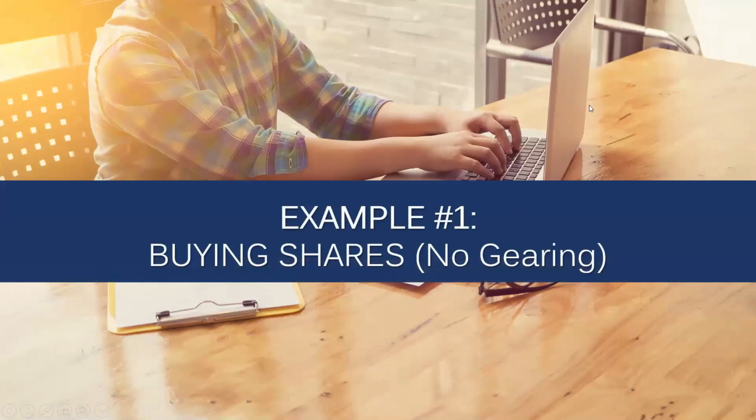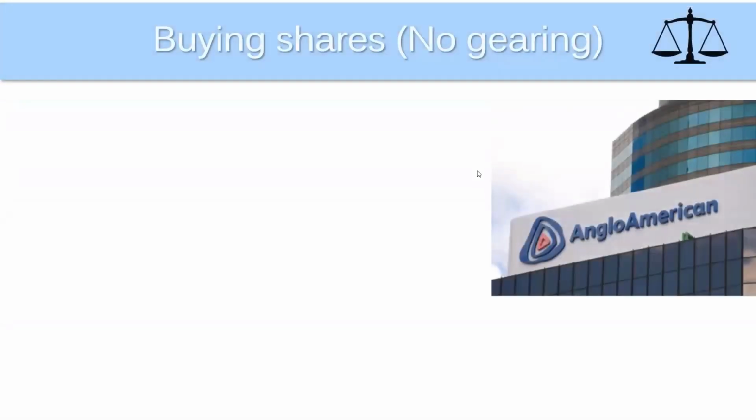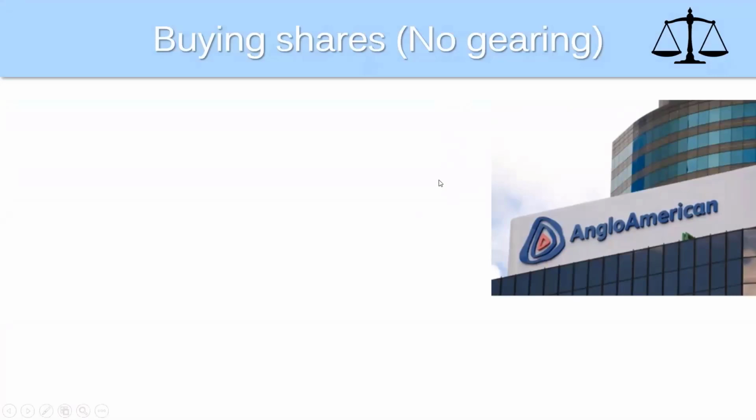Another thing that I haven't really covered exactly are shares versus CFDs. And the way to see these events is if you can pick up 2 or 3 very important elements that you can take into your trading, I would consider these events as success. As long as you have the value towards these events, I'm more than happy to continue. So let's start with buying shares with no gearing. And we will use Anglo American because resources have been our star children this